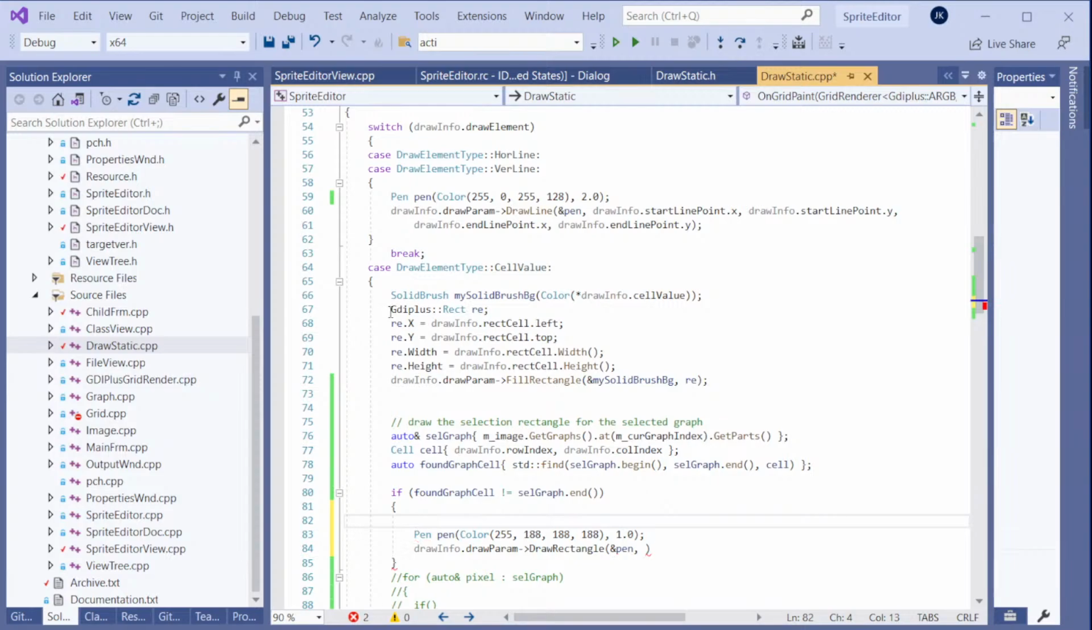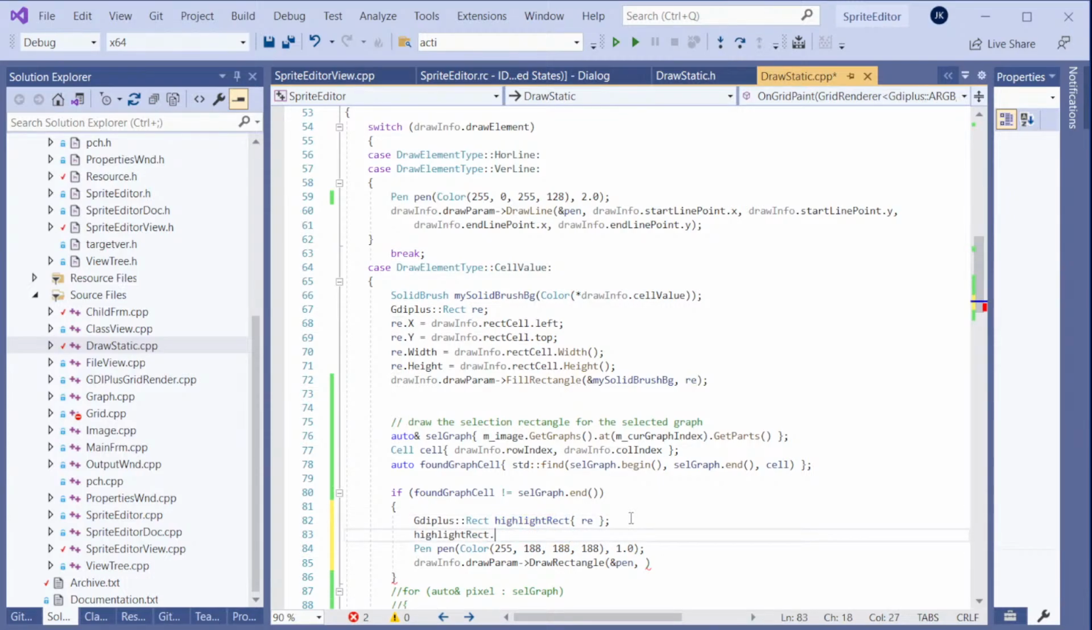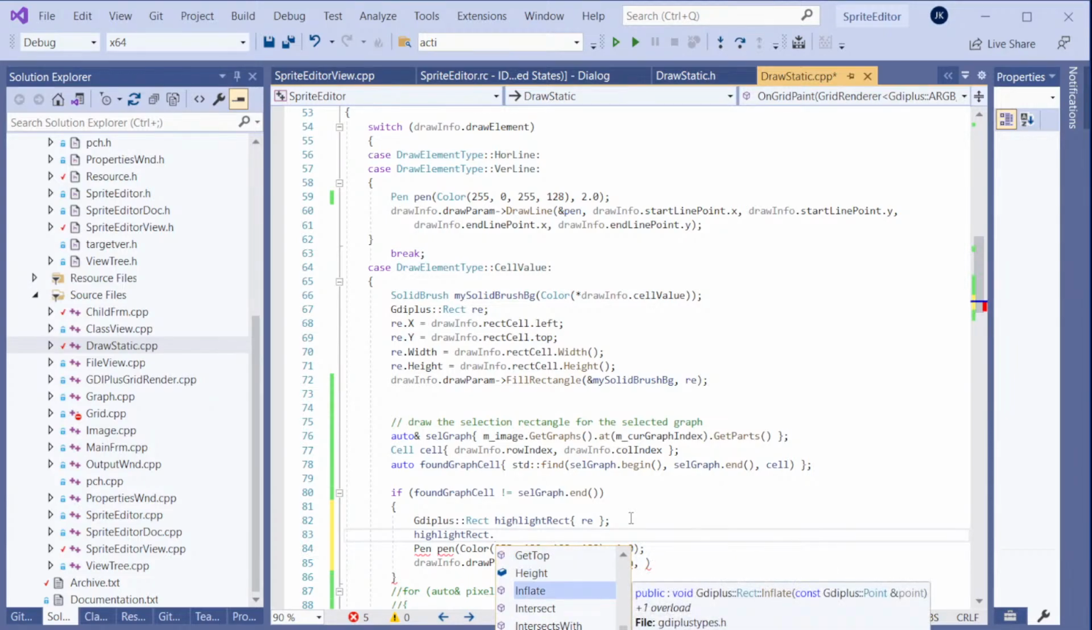I'm gonna make a copy of that. I'm gonna call it highlight rect. And that's gonna be a copy of this cell rectangle. And then I need to shrink it a little bit. So there must be a function here to do that. Inflate. Is it inflate or deflate? Oh, inflate is